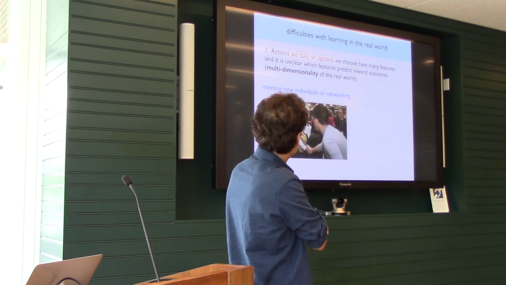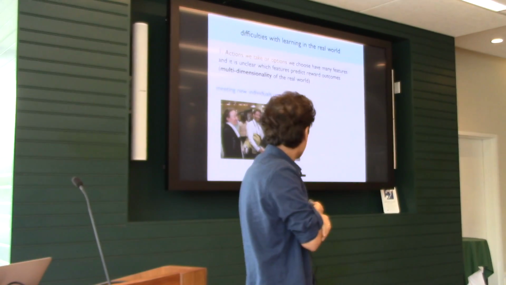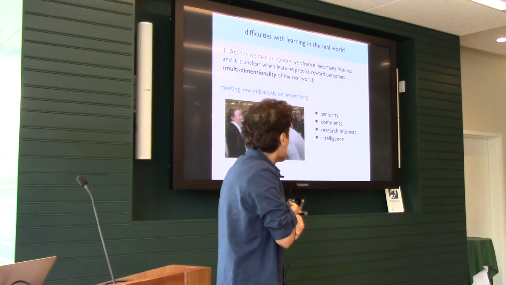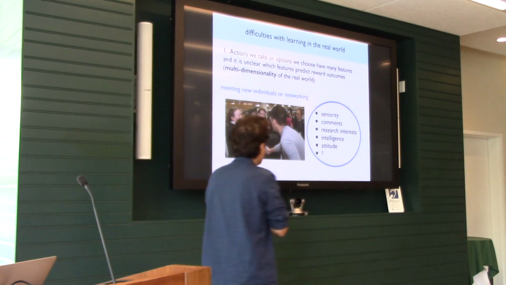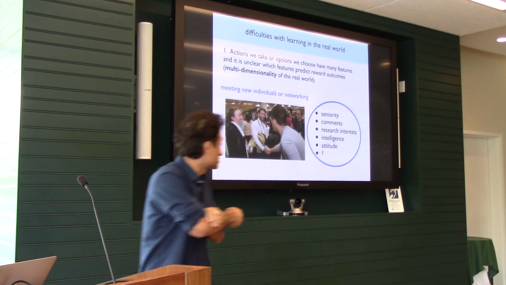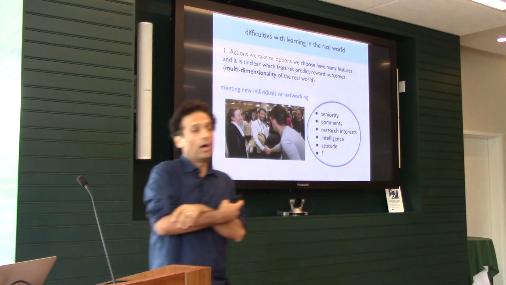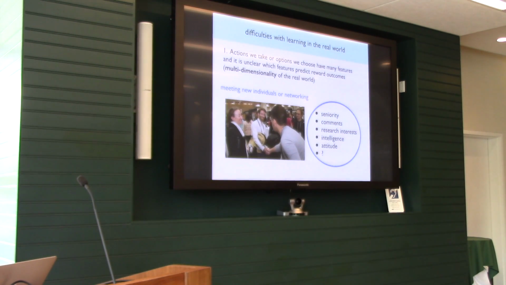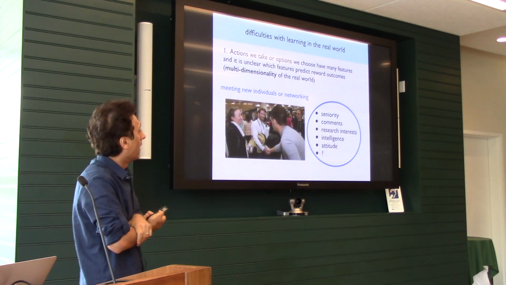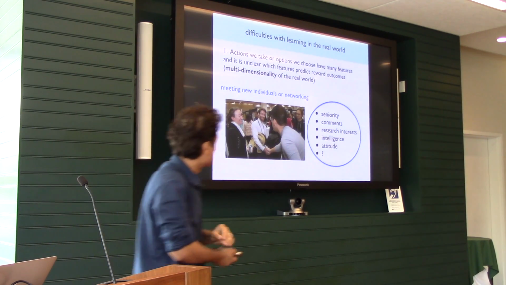So I have this example. Imagine you meet somebody new in a meeting, and what actually determines a good conversation, a good interaction, for your future? It is all these components, a mixture of them, but you don't know what actually would determine a good conversation, good interaction, good network. This is the situation with many types of decision making.